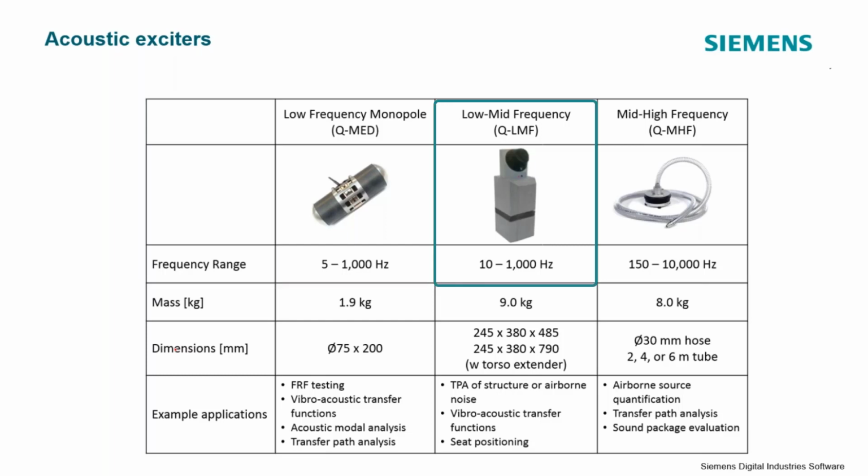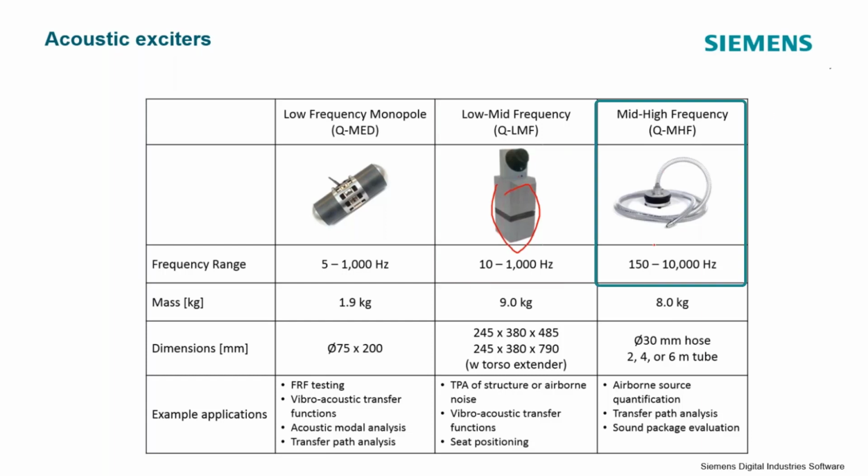The LMF, this guy in the middle here, is purposefully built for driver's ear measurements, reciprocal driver's ear measurements. So it generates the Q right at the driver's ear position. You can move this guy up and down. But this cabinet you see down here is actually made to diffract sound in the same way that the human torso does. Okay, so when you're doing vibroacoustic FRFs, especially for the interior of an automobile or something like that, you want that diffraction pattern to be accurate for when there's going to be a human being sitting there. And we'll take a little bit closer look at that.